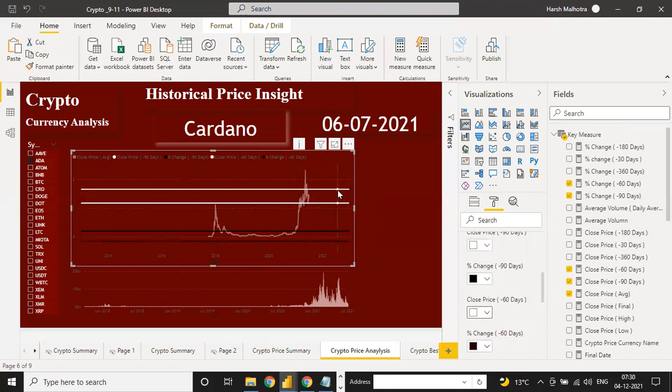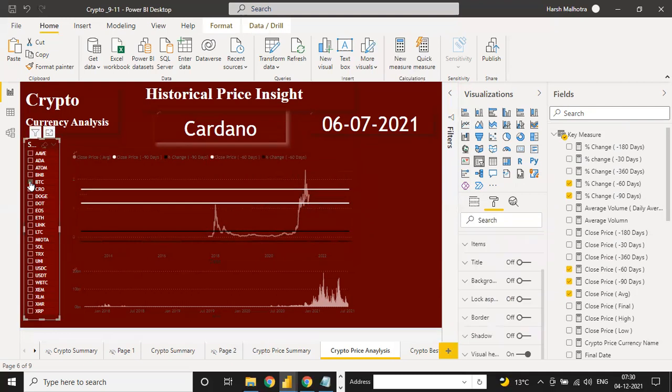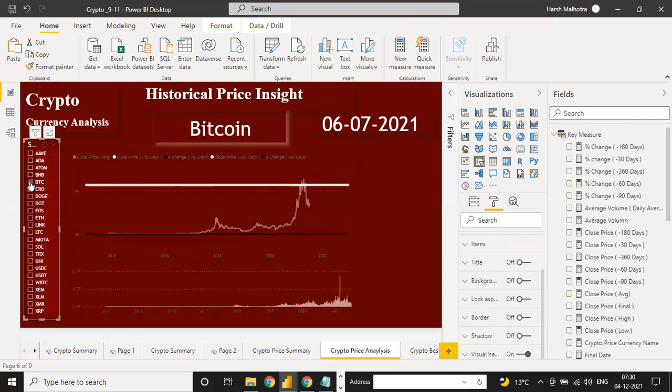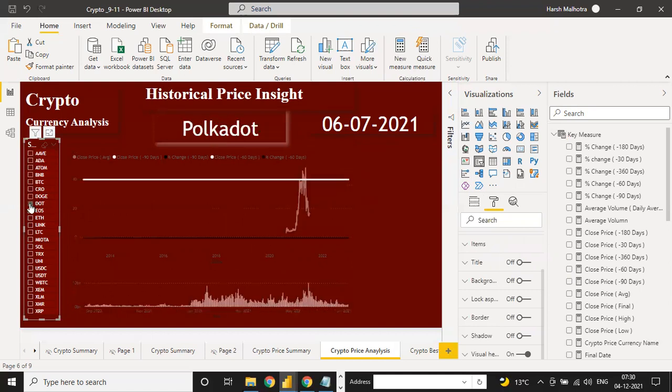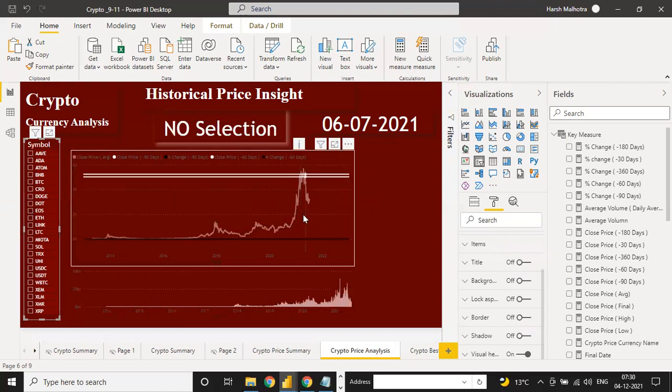Now see, this is your 60 days changes you have for every currency. If I click on this, for every currency you have a data change. If you unselect all, your data should change for all.